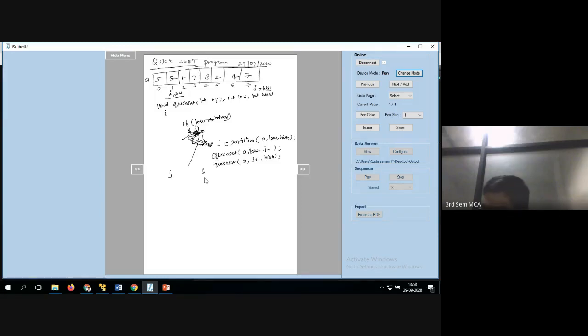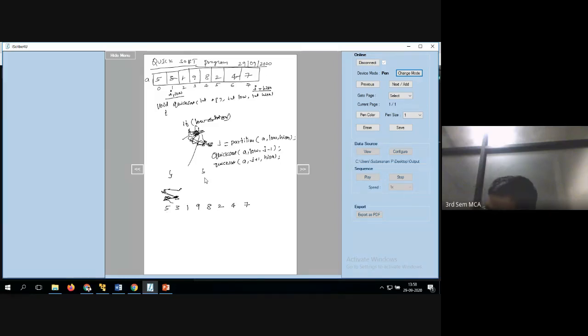Just write the values 5, 3, 1, 9, 8, 2, 4, 7.